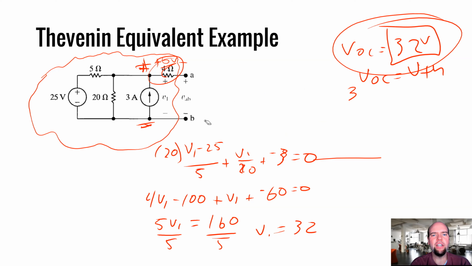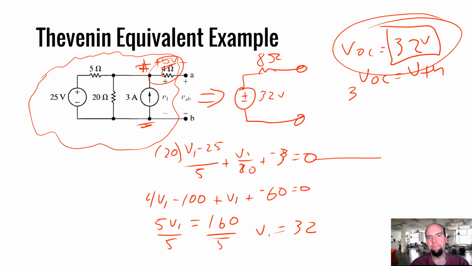This entire circuit here could be redrawn as a 32 volt supply in series with an 8 ohm resistor. And what if we wanted to find the Norton equivalent? The Norton equivalent is just going to be 32 divided by 8. That's going to be 4 amps